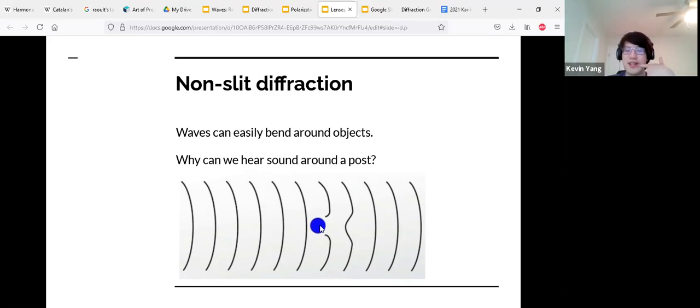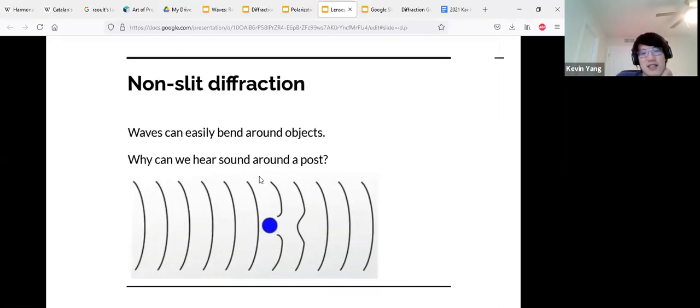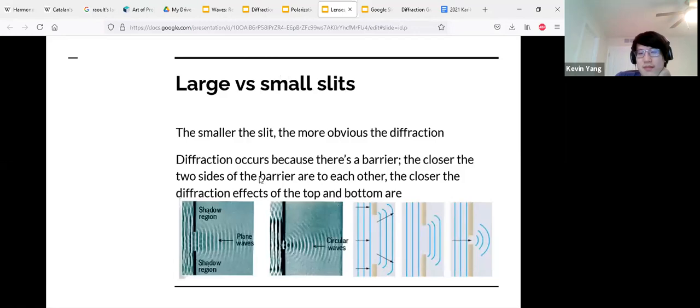The wave can still be allowed to bend around it. So this is like non-slit diffraction, I guess. There's also a major difference between when the slit is large and when the slit is small. Whenever the slit is large, the diffraction is not going to